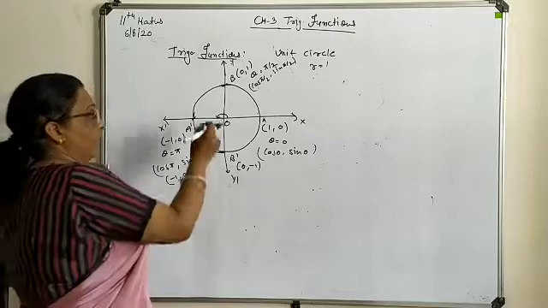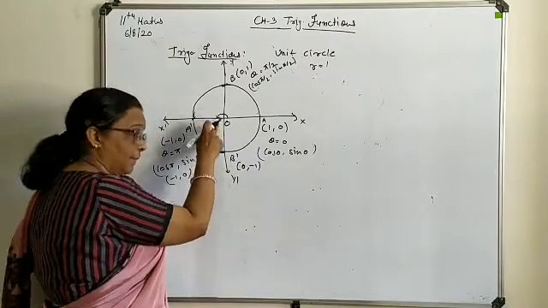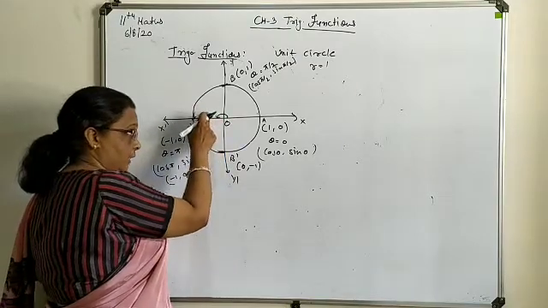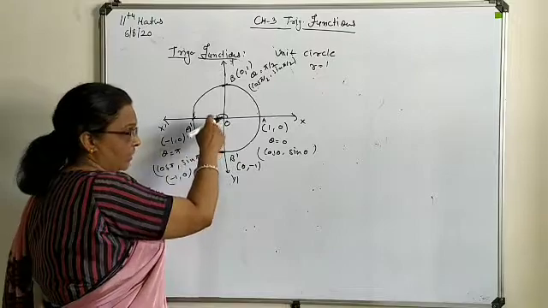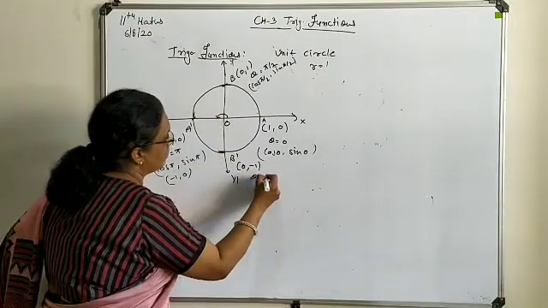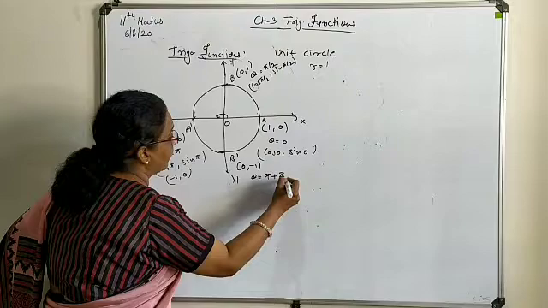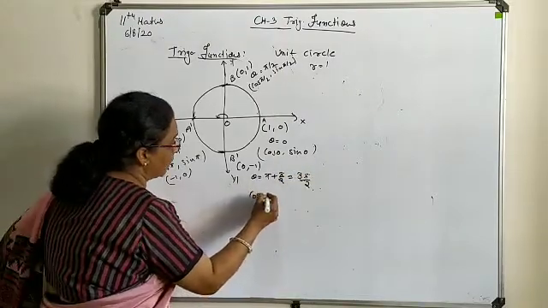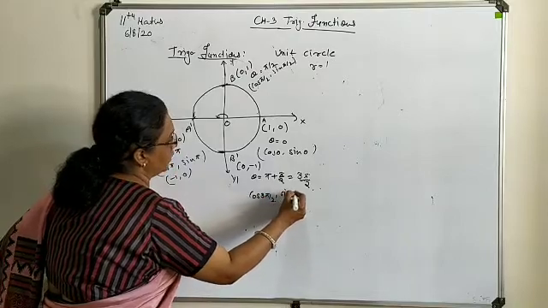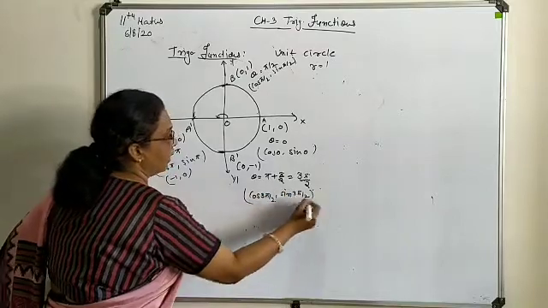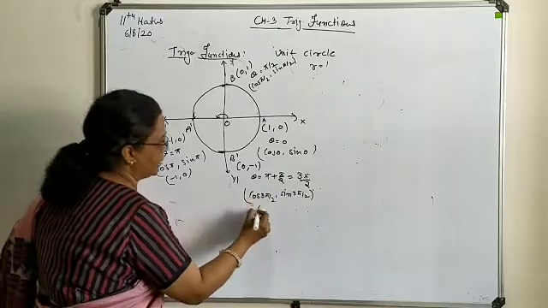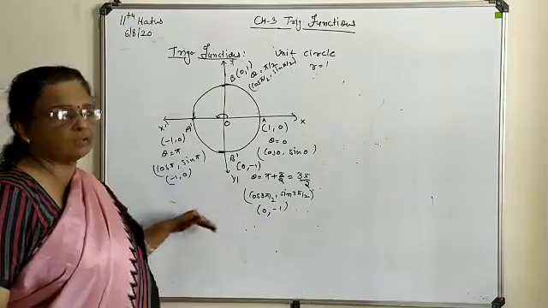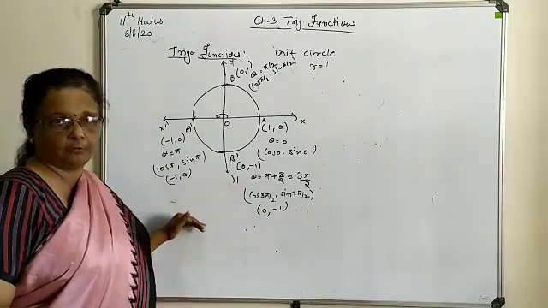Now how does it turn? This is pi plus pi by 2, means 3 pi by 2. Here this is 180 plus 90, 270. So here your theta is pi plus pi by 2, means 3 pi by 2. Now here we have cos 3 pi by 2 and sin 3 pi by 2. In cos, all the multiples of pi by 2 are 0, whereas sin will be minus 1. So this way all the values will come out with the respective solution form.